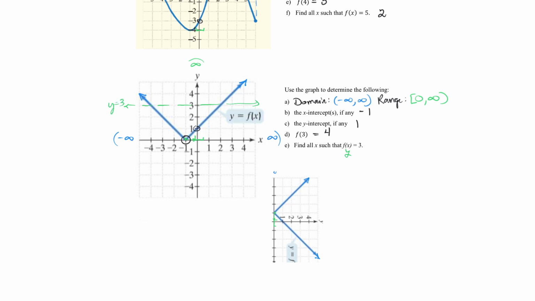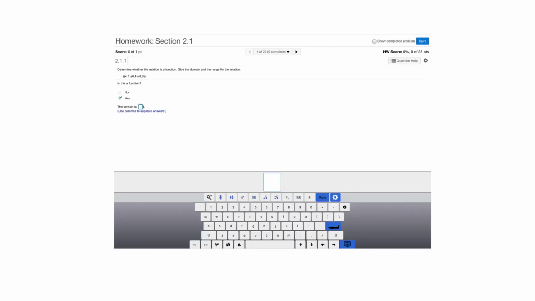And I can see that, in fact, -4 and 2 both give me y values equal to 3. So -4 and 2. So this is an example of the first problem